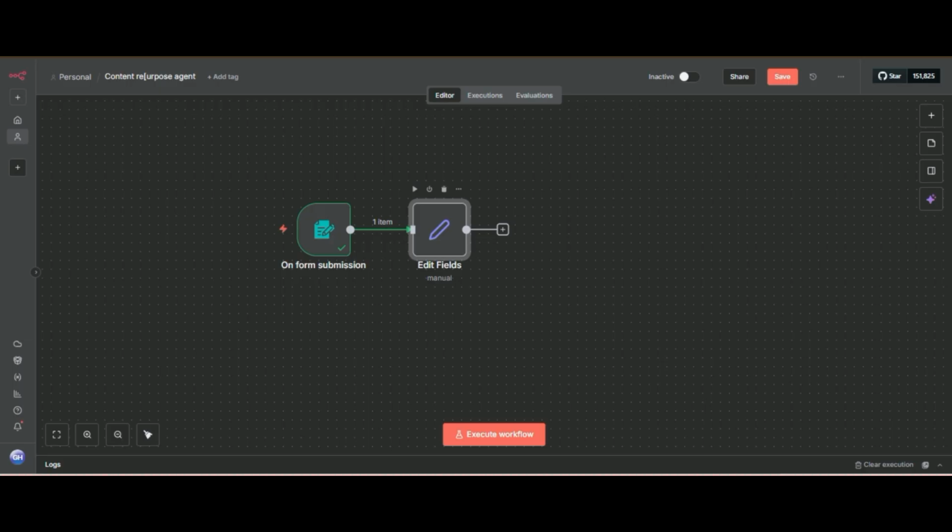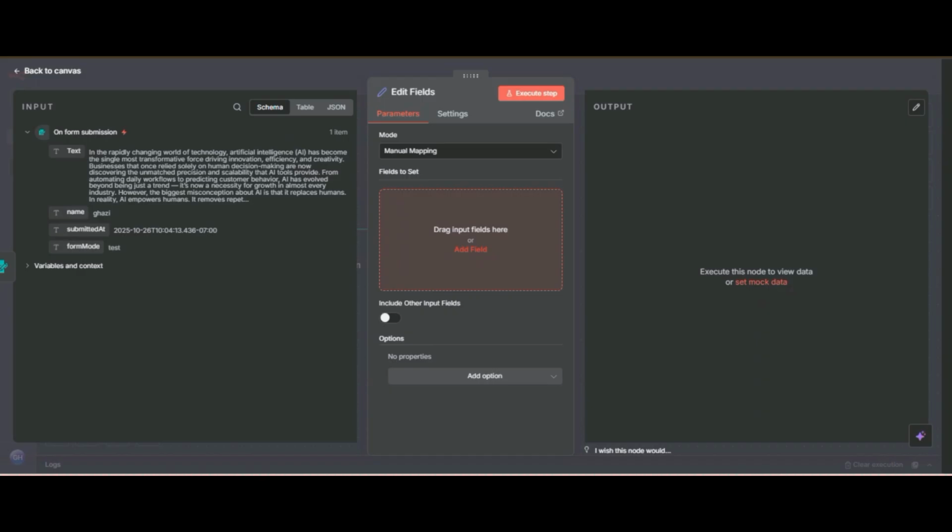Sometimes we want only some things, and we want to remove all the unnecessary data. Sometimes we receive a lot of data from an API or from a webhook, but we only need specific data. So here we will use Edit Fields for filtering the data and removing unnecessary data.